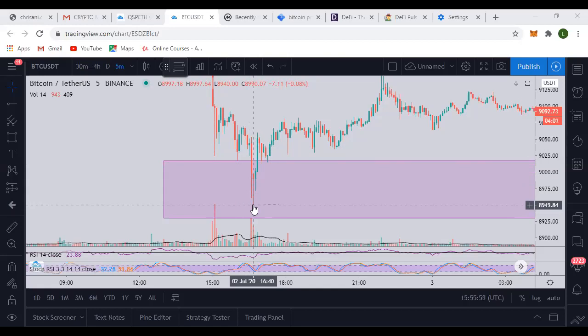This is futures language, or forex language. How would they explain it to you? Let's assume we are trading futures. You put sell orders under here, waiting for the support to break, because we know that when the support breaks, it will turn to resistance. As it turns to resistance, you say the price will go down, so you short or you sell.